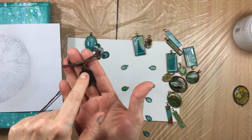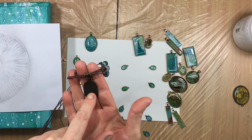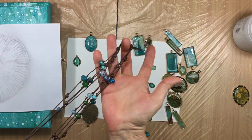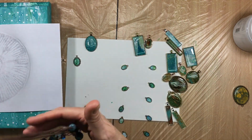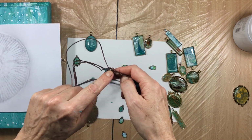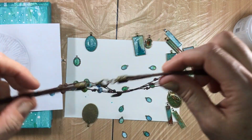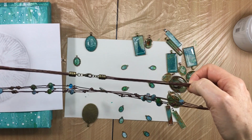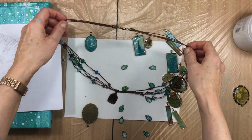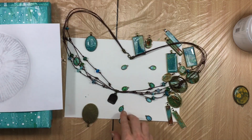I put this little bail on there, then I put the hanger on. I made this up. I did my own lamp work. I had an idea how to fixate these little copper balls and how to do this at the end. This is all my own idea, but if anyone wants to do this